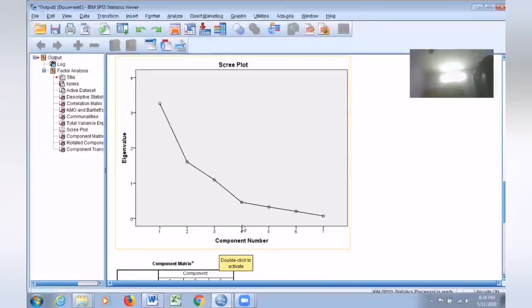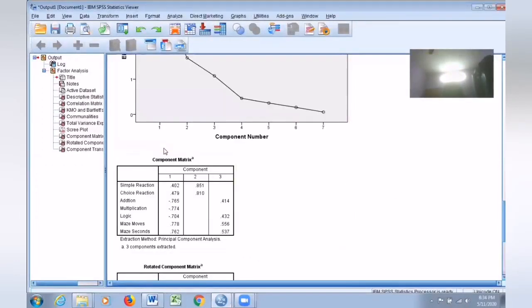Third factor, okay. From the fourth factor onwards, it shows a similar line. It's not much difference. So by seeing this scree plot, you can decide whether to have 4 or 3 factors for this particular question. So you decide. If you want to have 4, you can go back, fix 4 as the number of factors, and rerun the analysis.